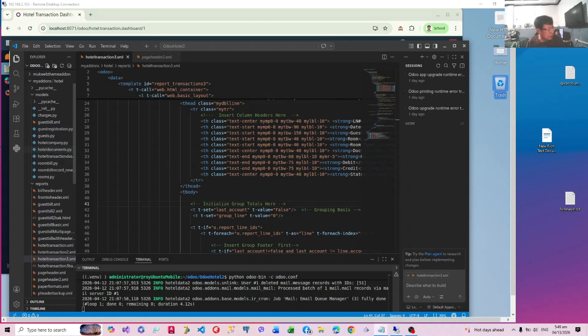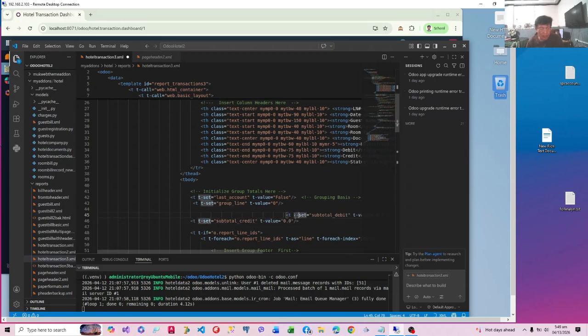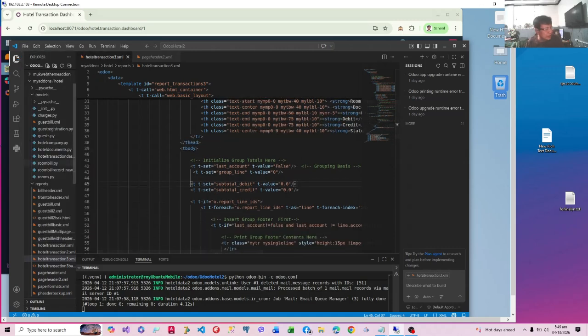Now we are going to have a subtotal for debit and credit, so therefore we are going to add it here. So there it is. We have two variables, subtotal debit and subtotal credit. They are initialized to 0 at the beginning of the body. Okay. Of course, we are going to increment them after each line.